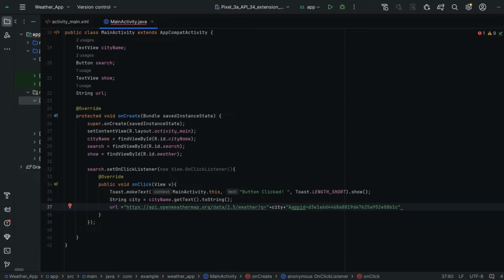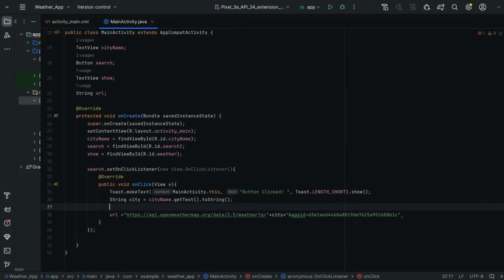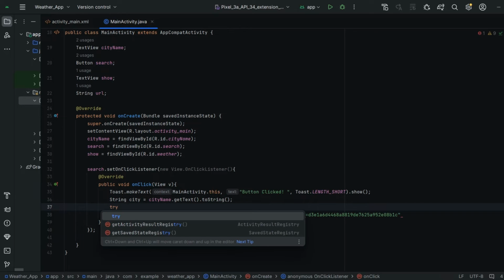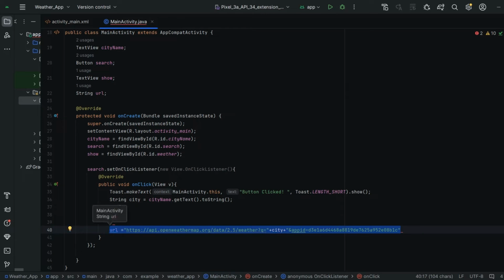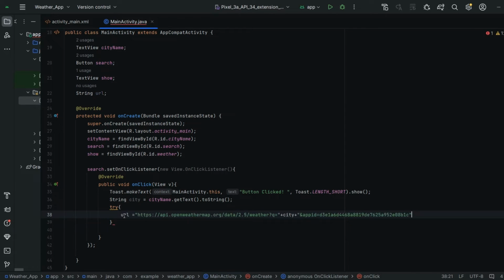And also I am going to use try and catch here for handling the exceptions. So try, I am going to copy this into this try method. Next, we also have to check, guys, whether the city name entered was correct or not.